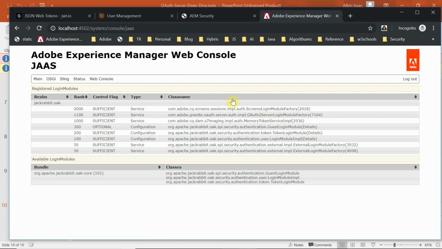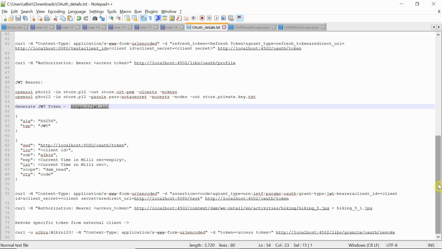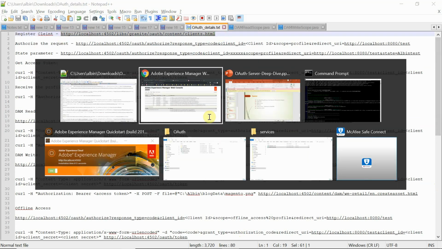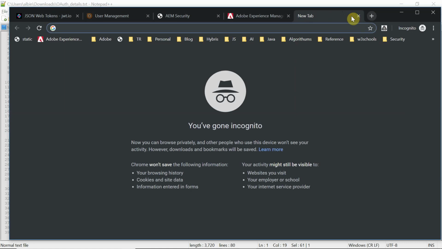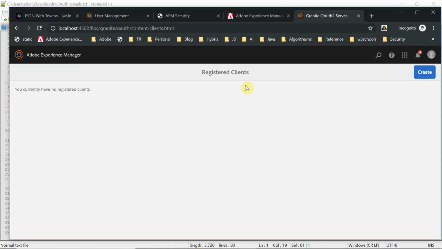Now we need to register a client. As I already told, that is the first step. For that I was showing some URL. This is the URL. I'll go to this URL and click here. No clients are defined now. I will go with admin.